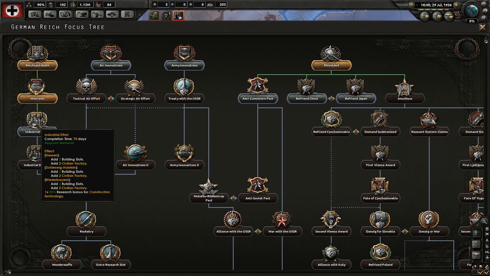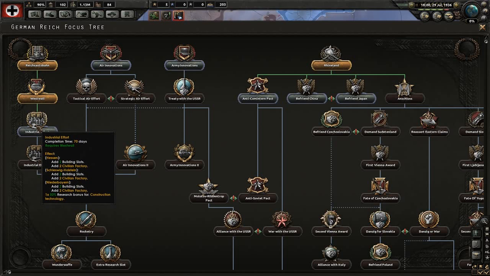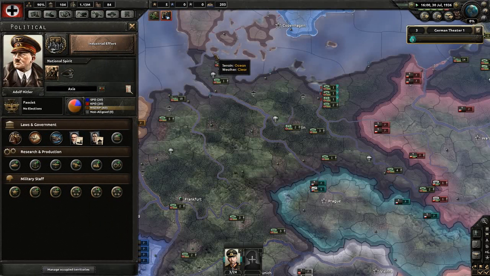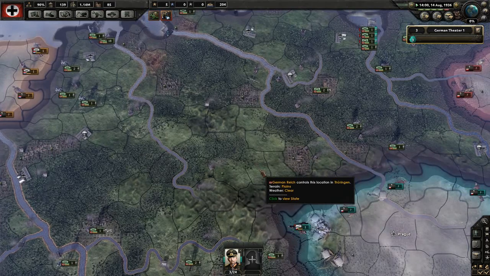Okay, now what we want here, and is one of the good things, is the industrial effect 1. This basically simulates Organisation Todt. Well, it was more Goering's four-year plan, though the Organisation Todt was part of the construction element of it. But it was Goering's four-year plan, and that's sort of what that simulates by increasing Germany's factories, and that will increase both the